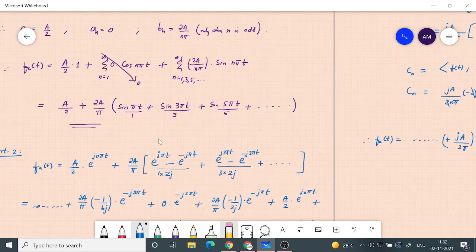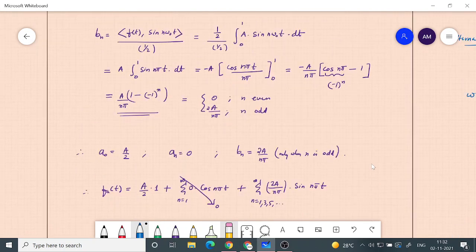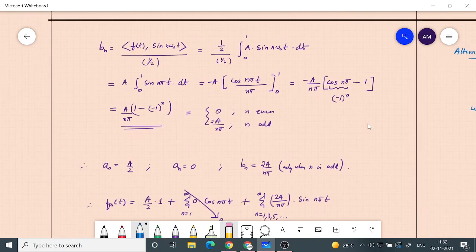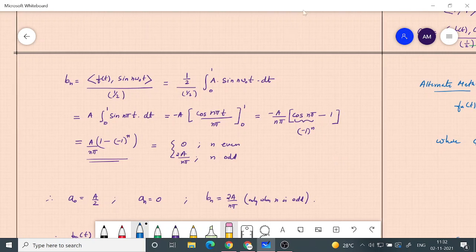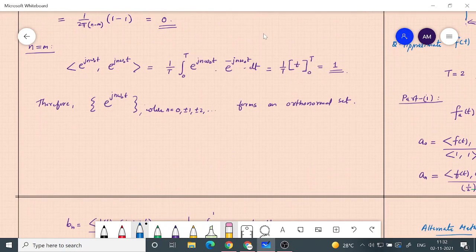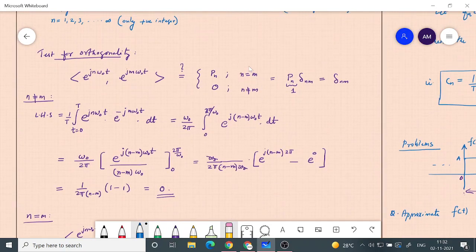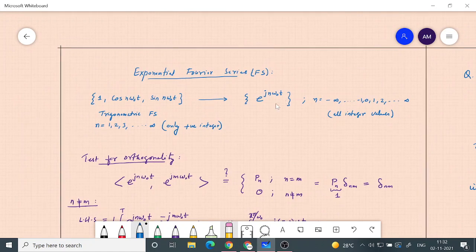So the simple answer to your question is that these functions are connected. They are both called Fourier series for that reason. One is the trigonometric Fourier series and the other is the exponential Fourier series, but both are Fourier series because these are orthogonal sets of functions. So these functions are connected, the sets are very related.